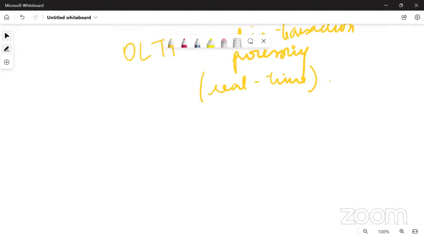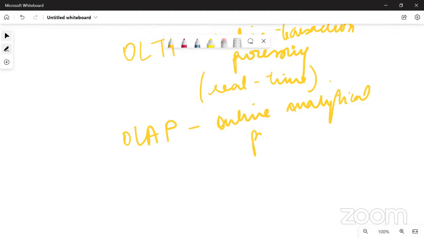The next kind is OLAP, which is online analytical processing. The work of it is to analyze the aggregated, historical data from OLTP applications.